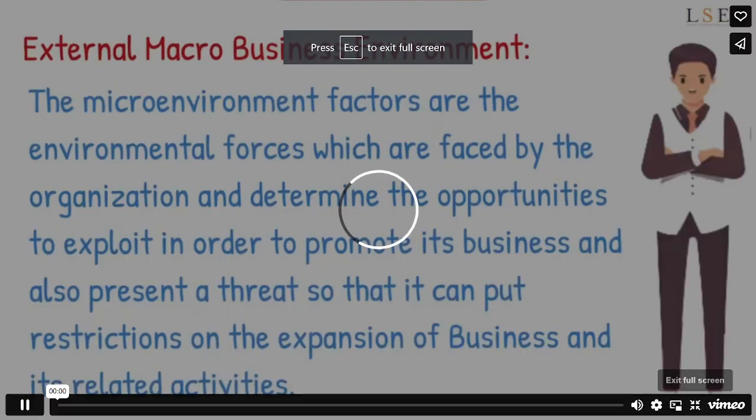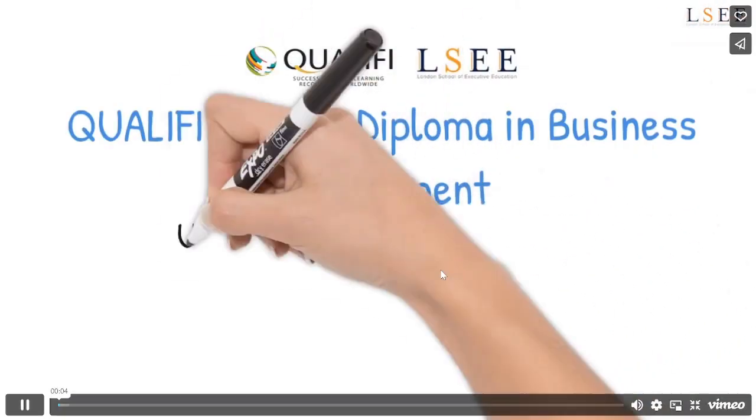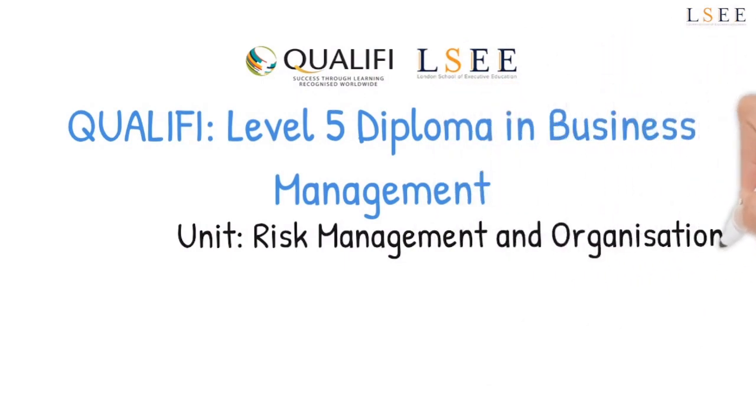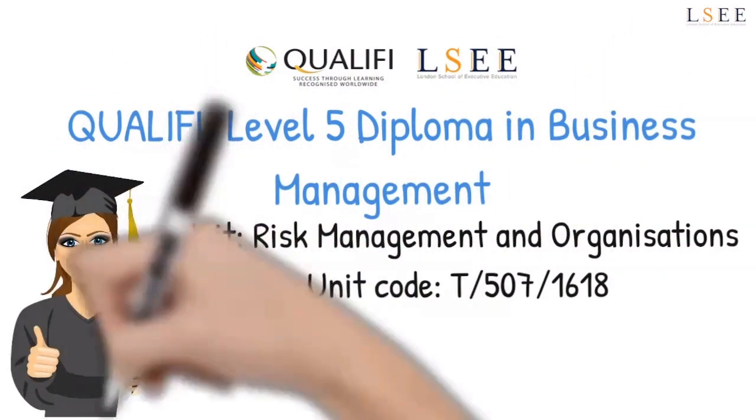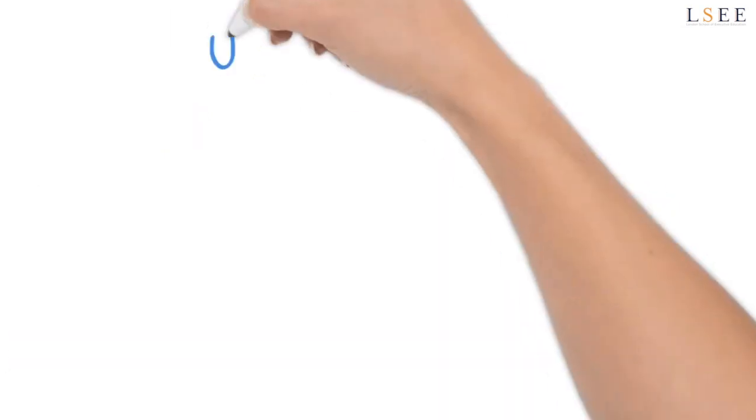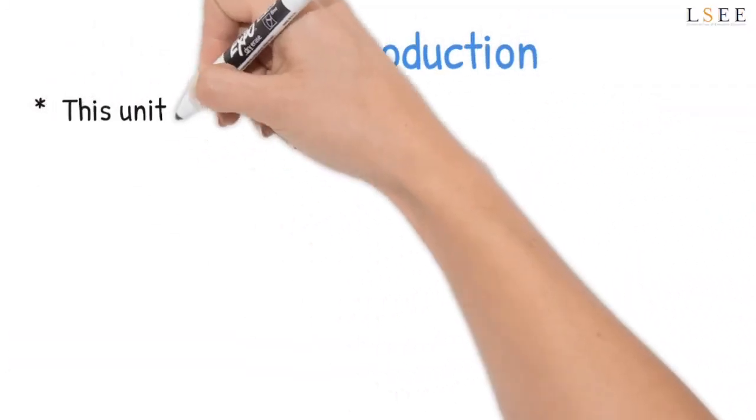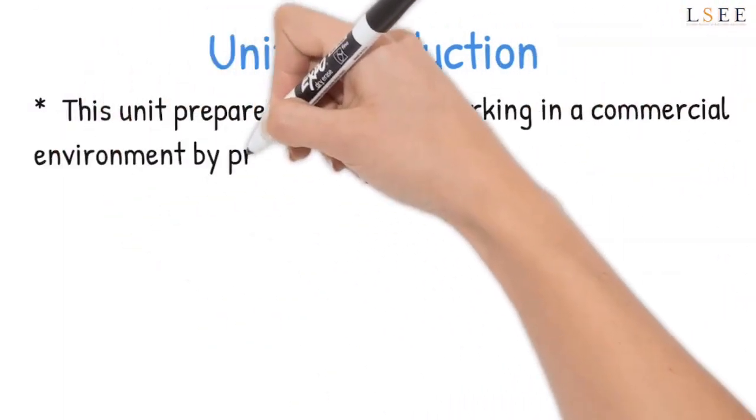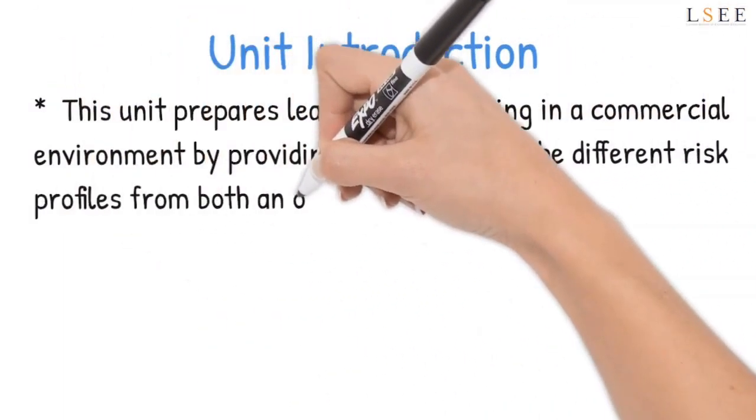Qualification: Level 5 Diploma in Business Management. Unit: Risk Management and Organizations. Unit Code: T/507/1618. Unit Introduction. This unit prepares learners for working in a commercial environment by providing an insight into the different